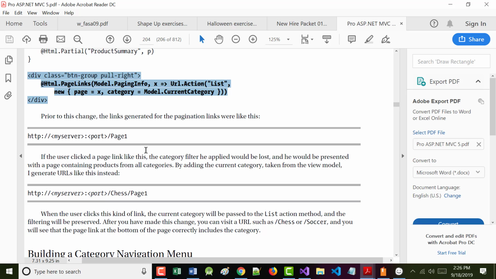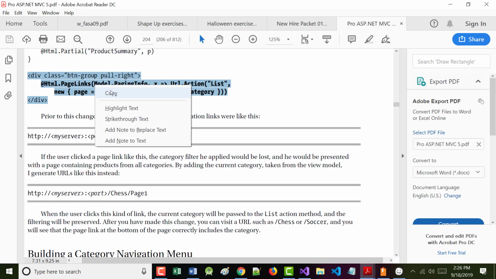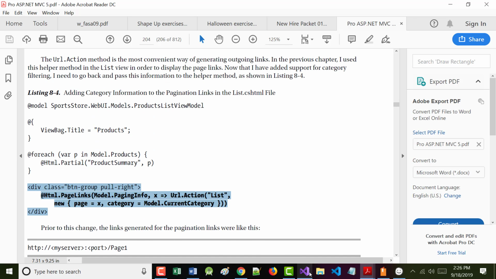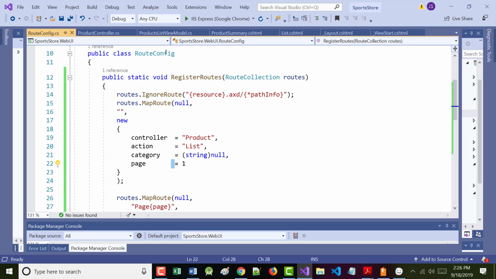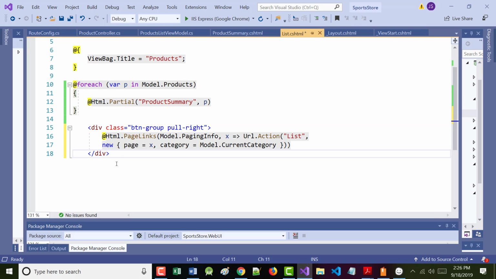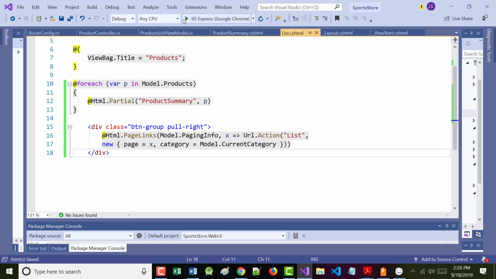And it says if you click the page, the filter you applied would be lost. But after doing this, it should keep it. What does that mean? As always, it's easiest to show you. So let's go to our list.cs HTML file. Go down into the div at the bottom, replace what is there with this, save it, run the program.